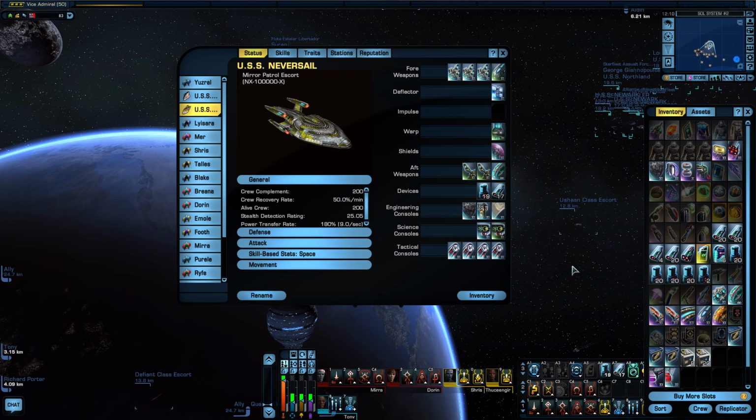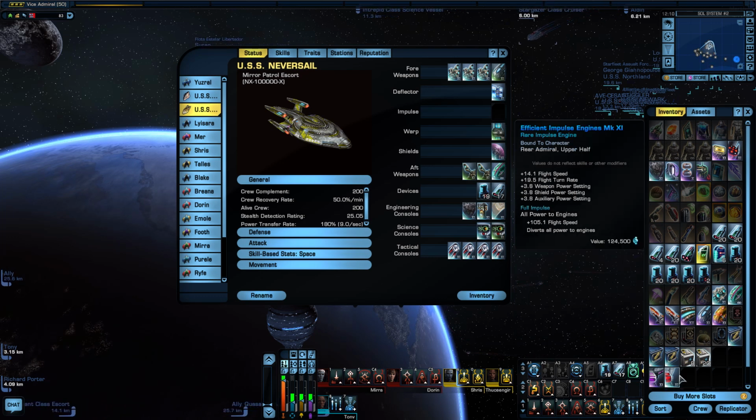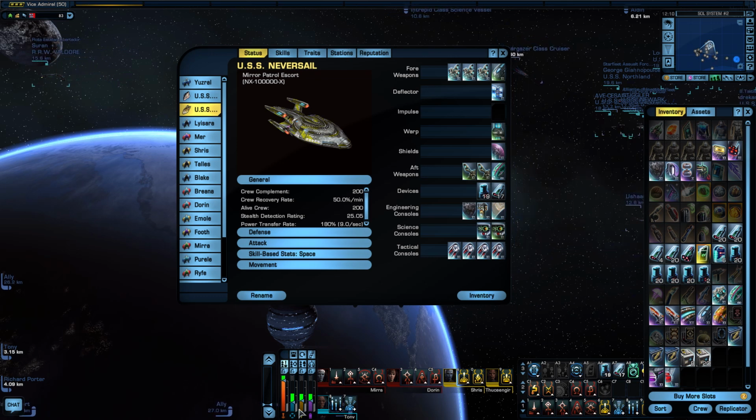Anyway, with weaponry sorted, the next problem is going to be getting around. There are some very nice impulse drives available. It's a choice between the Jem'Hadar combat impulse engines from Operation Gamma and the efficient impulse engines from Past Imperfect. The Jem'Hadar engines add 2.5 weapon power, plus an efficiency bonus, but since escorts run high weapon power, that won't